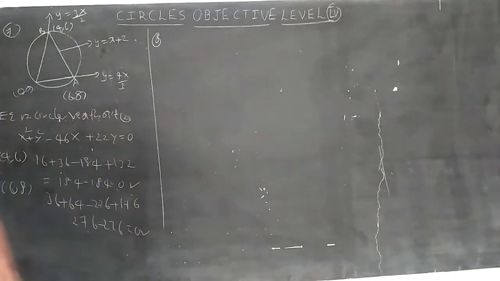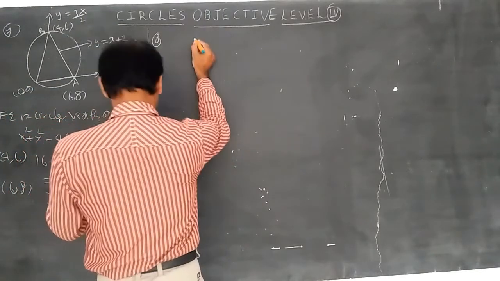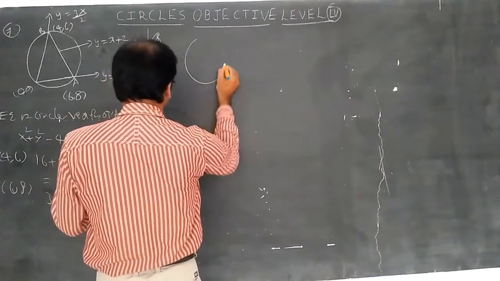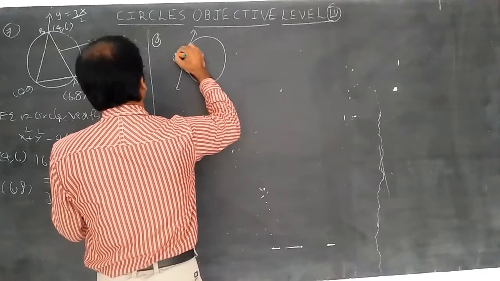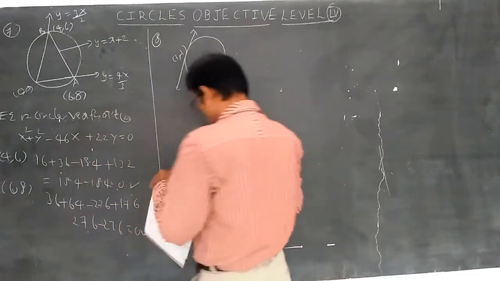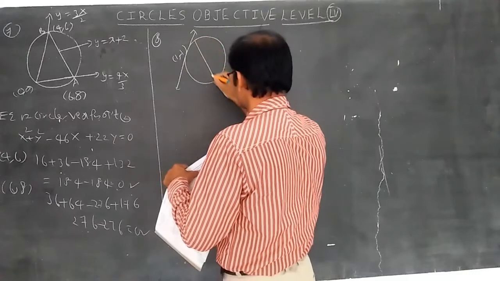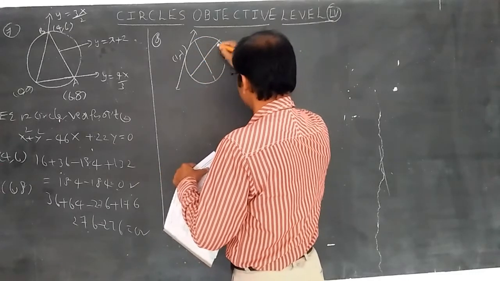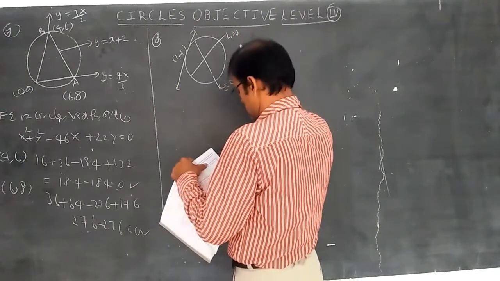This is a logical question. Equation of tangent of a circle. The equation of the tangent of the circle at the point 1 comma minus 1, whose center is the point of intersection of straight lines. So you should calculate the equation of the circle and then the equation of the tangent of that circle at the point 1 comma minus 1. Let us draw like this here. This is L1 equal to 0 and this is L2 equal to 0. Let us solve.